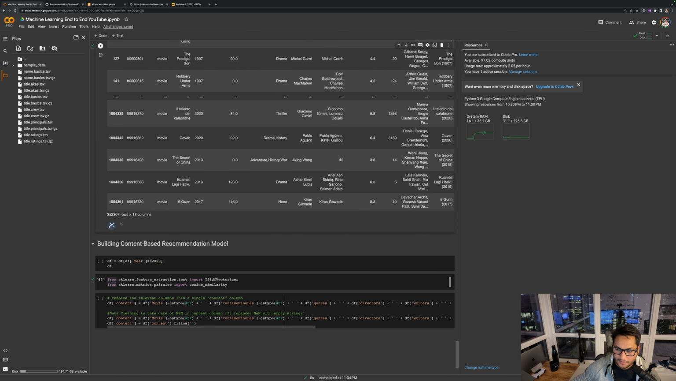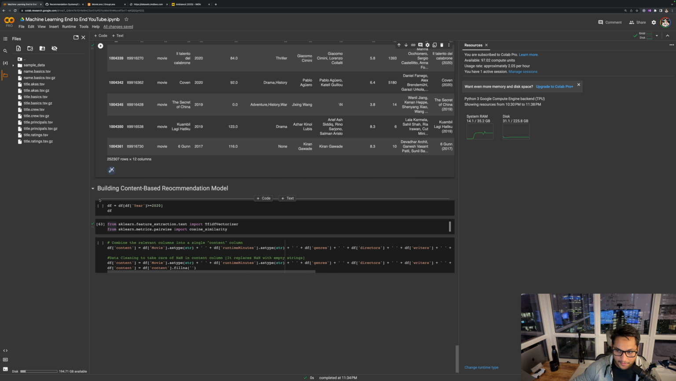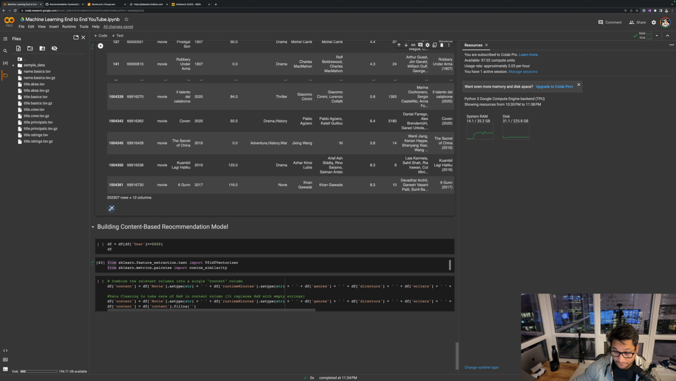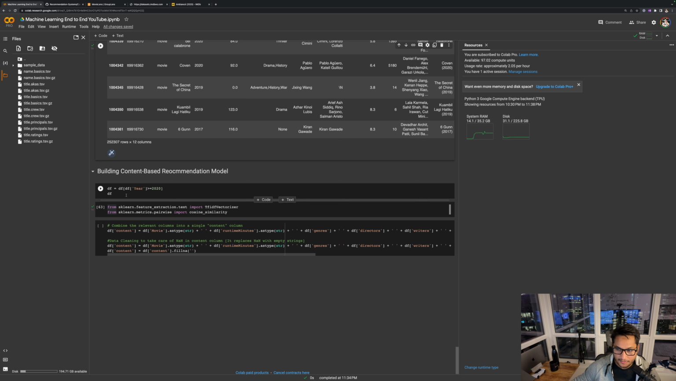So this data frame basically contains 252,307 rows, which is a lot of rows. And there are a lot of features as well that we are using. So I would like to mention that if you compute the cosine similarity matrix for such a huge data set, it is going to require a lot of computation power, and we don't have that kind of RAM right now to store everything. So what I'm going to do is reduce our data frame to contain the movies which were released in 2020 and after that,